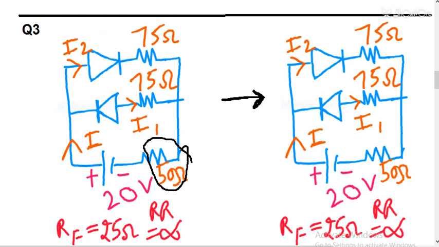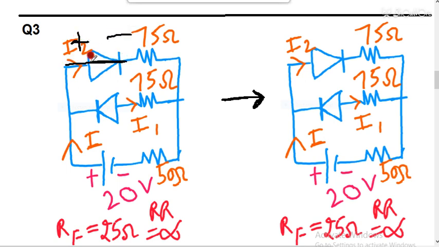The difference is that here a resistance is connected, and we have to see what the role of that resistance is. See now, as we know, this is positive, this is negative. So this diode will be forward bias, so it will act as a closed switch. I will draw its diagram on this side. Wait for that.